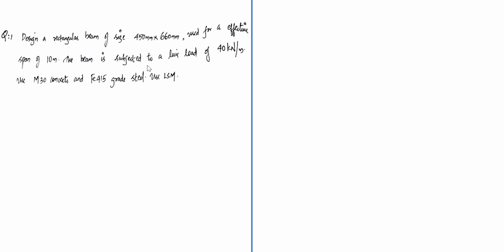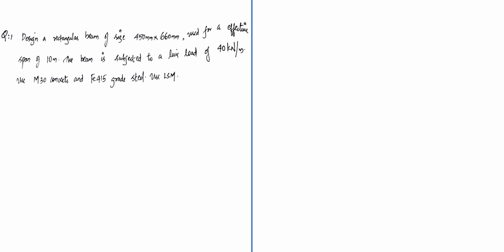The beam is subjected to a live load of 40 kN per meter. Use M30 grade concrete and Fe415 grade steel. Use limit state method. That is, you need to design a section having 450 mm width and 660 mm total depth, used for an effective span of 10 meter. It is given that the live load to be carried is 40 kN per meter. The concrete to be used is M30 grade and Fe415 steel, and you have to design it by